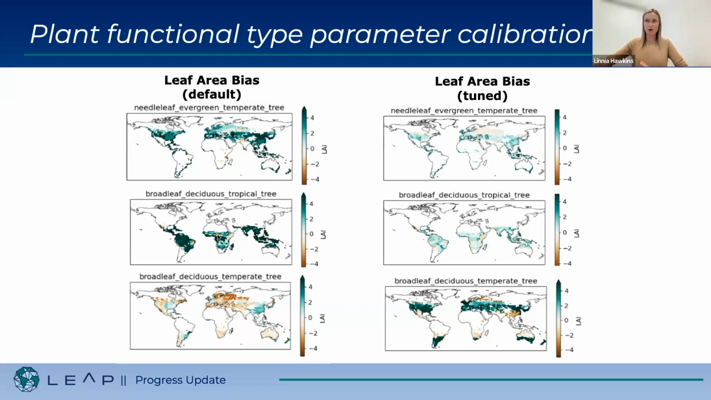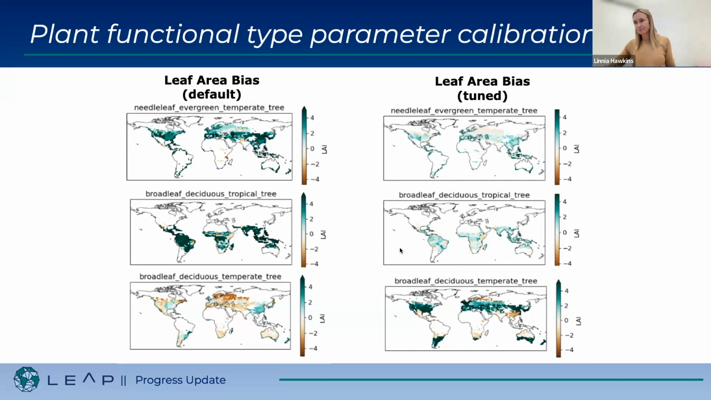Similarly, same story for broadleaf deciduous temperate tree. And this is a bit easier because all of these points are pretty dark blue, right? There's a high bias in most all of the grid cells here. So I'm really just taking this annual mean and trying to turn the whole annual mean, the whole spatial mean, down. And that's resulting in pretty good